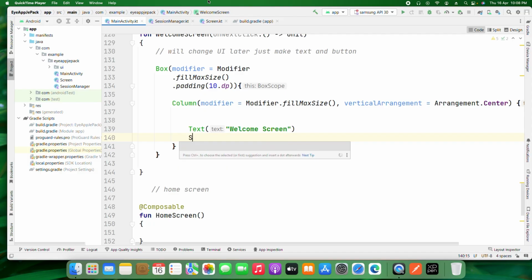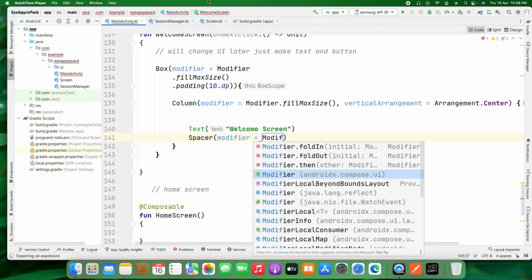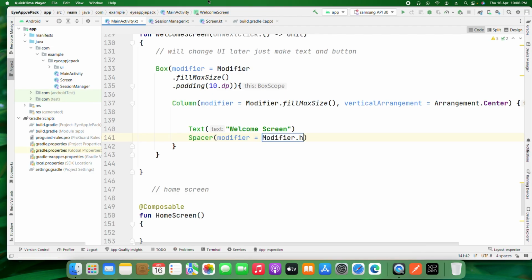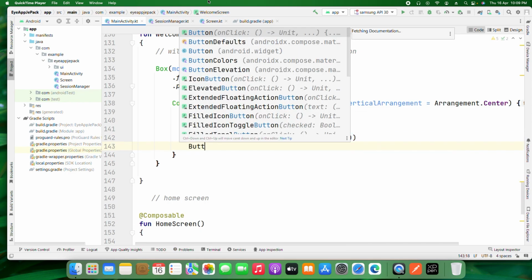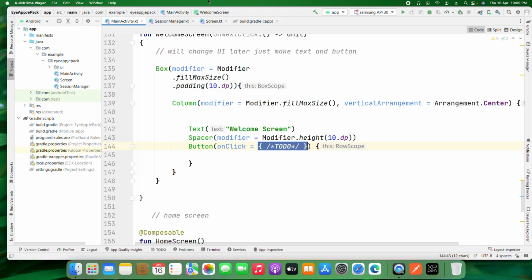One spacer, just for a gap, one button. The main thing is button. I just want to show you how we can use that function which we are passing as a parameter. So on click, whatever we put in the curly brackets, you just simply call that function. Okay,